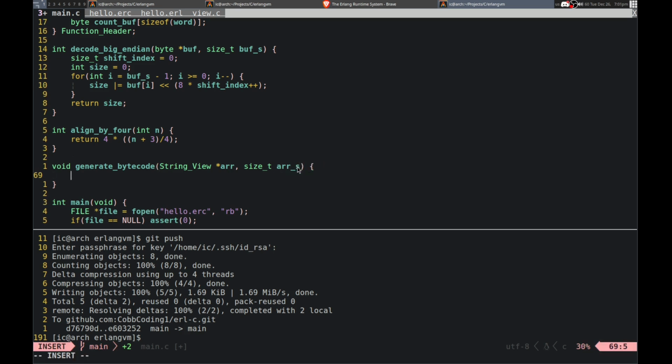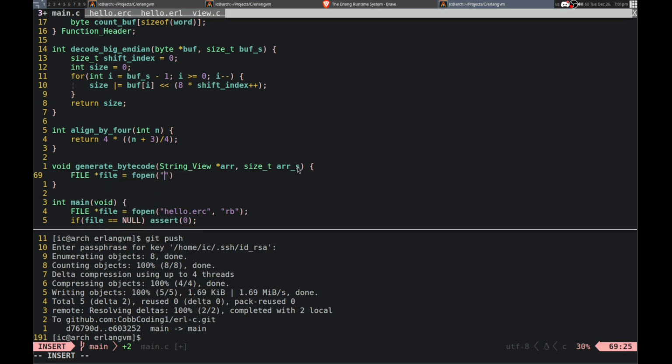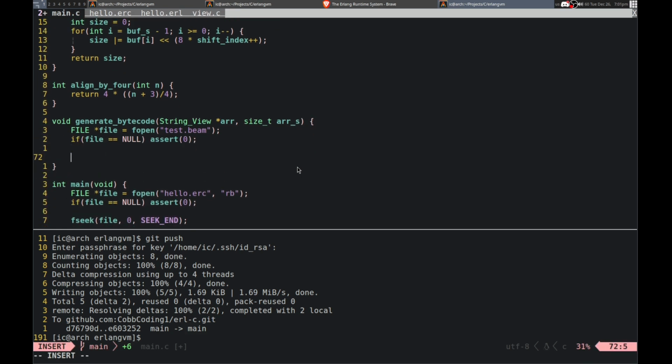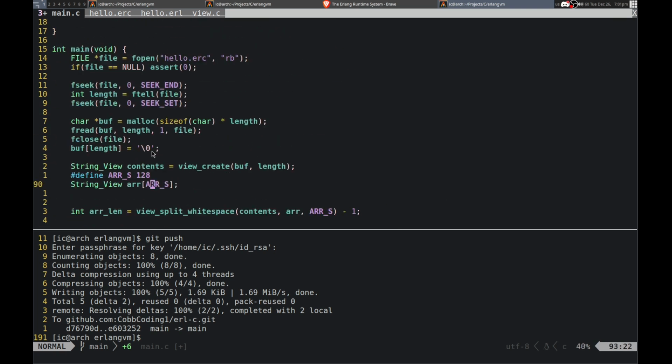Alright, so, yeah, let me open a file. And, yeah, so again, I'm just gonna call it this. Hello, or let me just do s.b. Alright, and then I can check this. Alright. So, yeah, we can basically just create this now. Create a file header. We just need to populate it with the information.